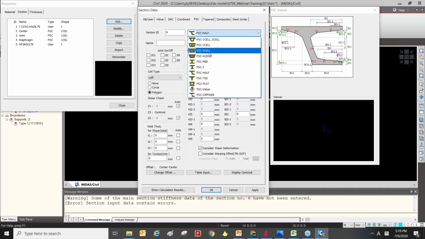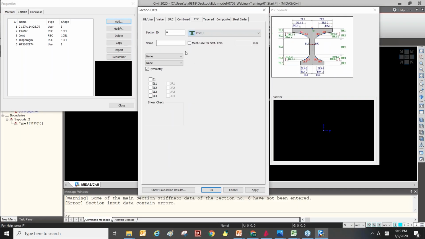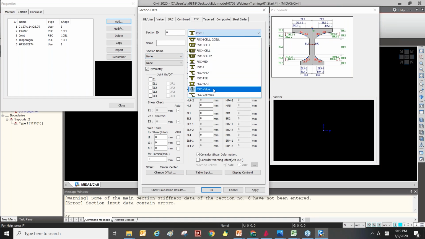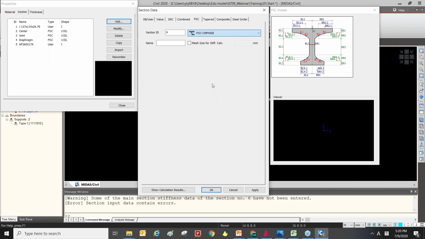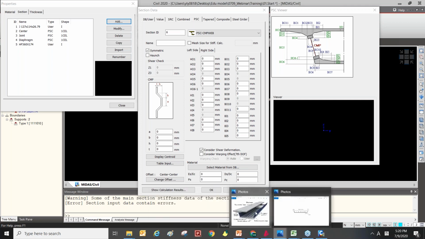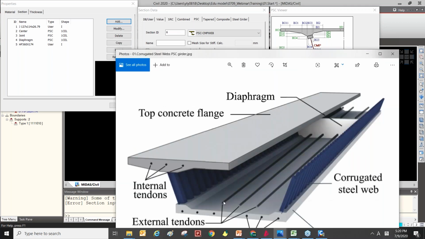And PSC I can be used as just an I section. And also here is the PSC CMP web section. It means the PSC girder with corrugated metal panel. So like this girder.